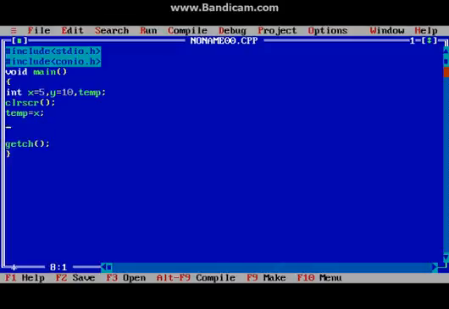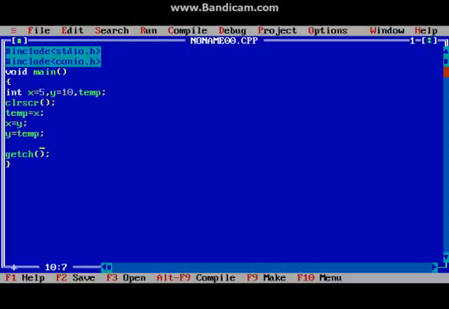Then in x the value of y will be copied, and at last in y we will copy the value of temp.